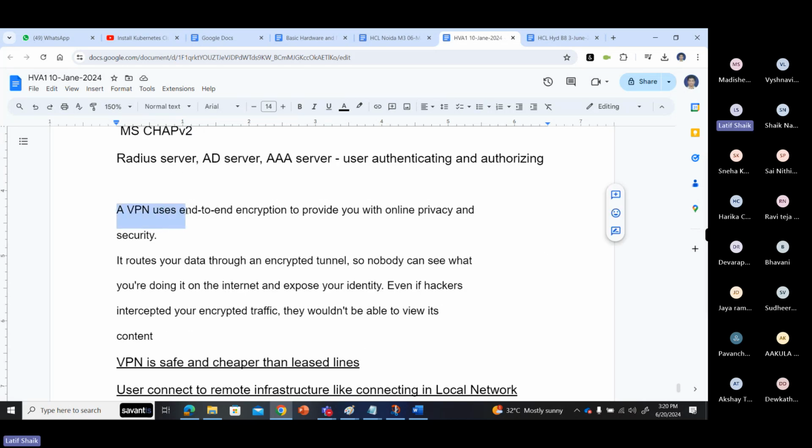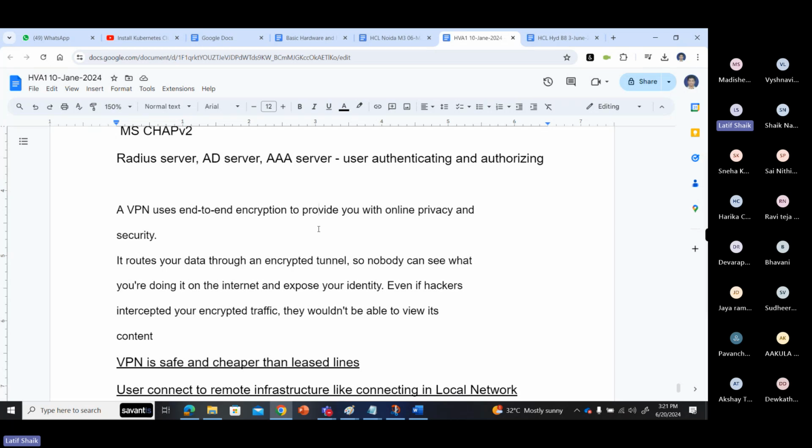Again, VPN uses end-to-end encryption to provide you with online privacy and security. So VPN is we are connecting to the public, guys. Any data you are transmitting could be attacked, tampered, changed or damaged. So what is this VPN doing? Encrypting your data, your connectivity from end to end.